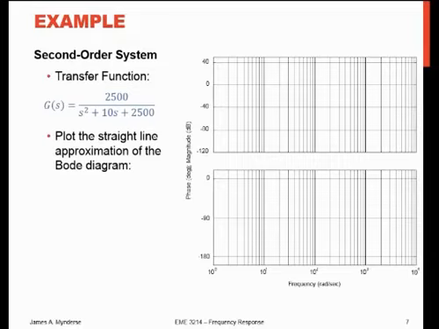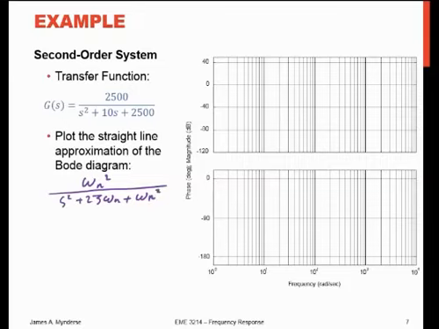So if I write this out in the form of omega n squared all over s squared plus 2 zeta omega n s plus